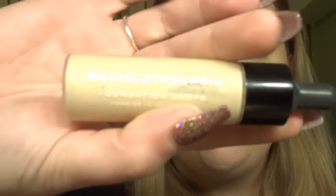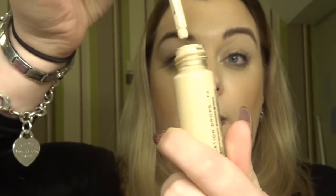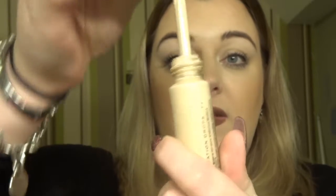But yeah, so Revolution Pro, really nice buildable coverage. Yes, you can make it look super flawless, super full coverage, but I like the fact that if you don't want it to be, it isn't, and it comes in, as the name would suggest, a dropper like that. This is near enough run out, and I do need to get a different shade because I picked up F2 because when it was released it was still early or end of winter, early spring,